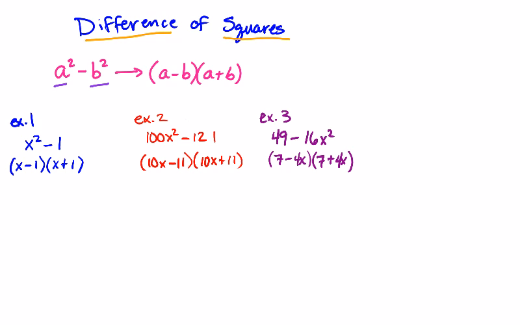I'm going to show one more problem just to add a little wrinkle into this. It's something we'll see next week, so for those of you who watch this video, you're welcome. So here it is. One problem may involve multiple steps, so here's this fourth and final example. It would be 50x squared minus 2. When you look at it, 50 is not a perfect square, neither is 2. However, there is a greatest common factor in it. So if you took out the GCF first,